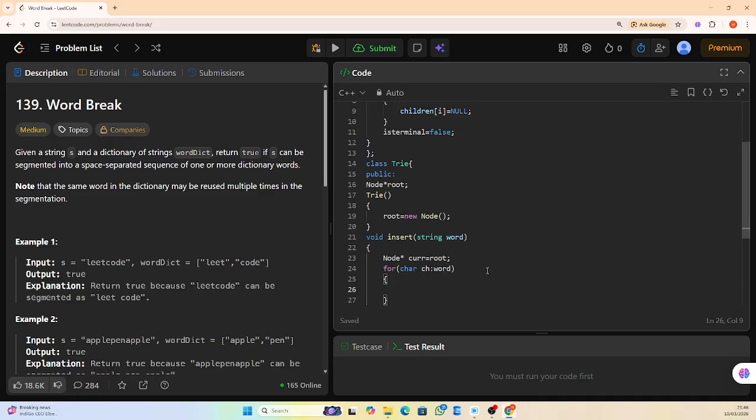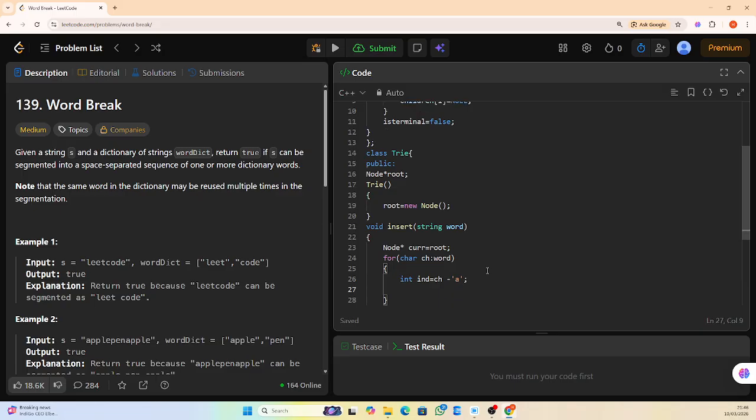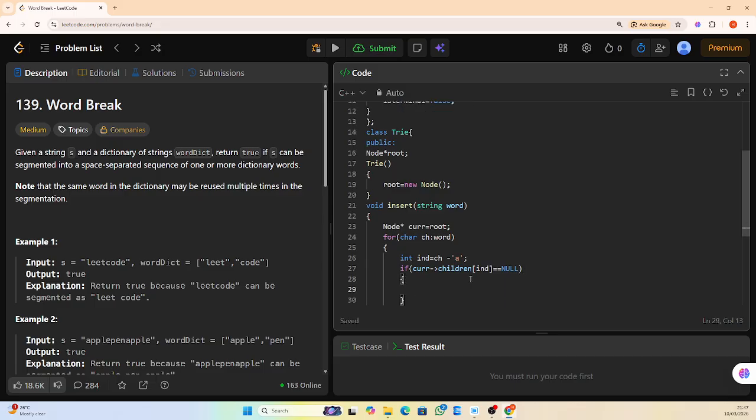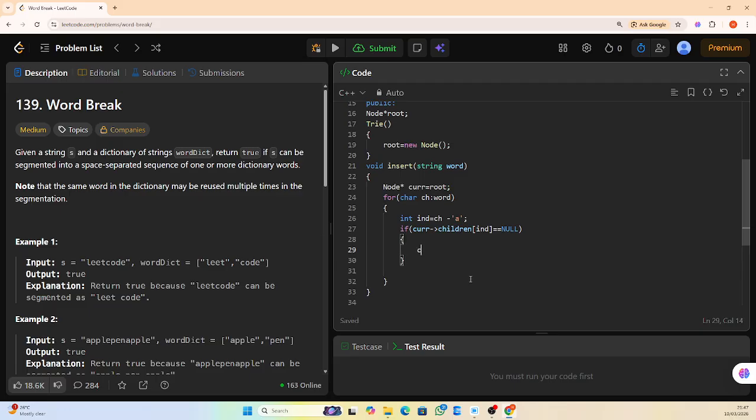And what is the index of a particular letter? How will you get it? Character minus 'a'. This is how you get the ASCII value of one thing minus the other. It's a basic thing you need to know. I imagine you know. And what do you do if current is null? If I found it null, what I should do? You need to create